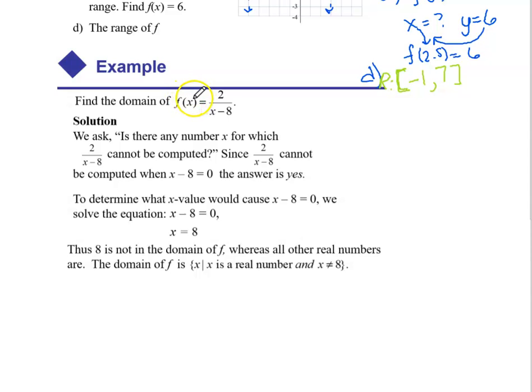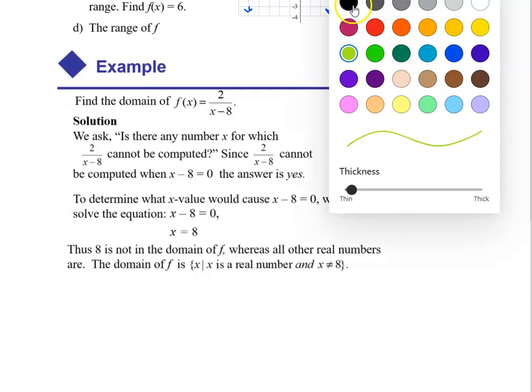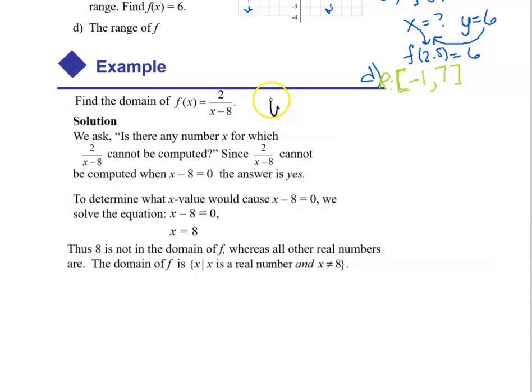Find the domain of f of x equals 2 over x minus 8. Remember, domain is talking about what can x be. Now we ask, is there any number x for which 2 over x minus 8 cannot be computed? It cannot be computed when x minus 8 equals 0, because